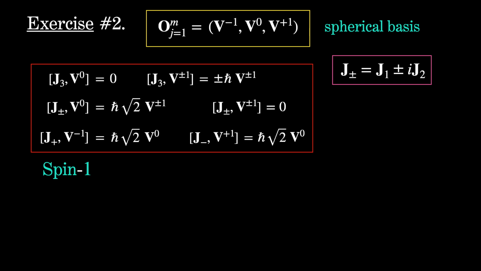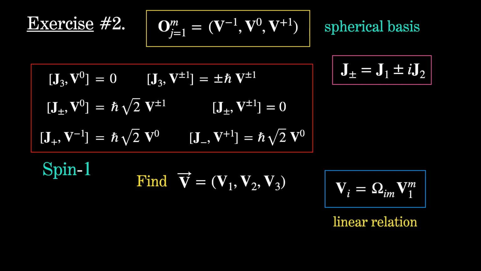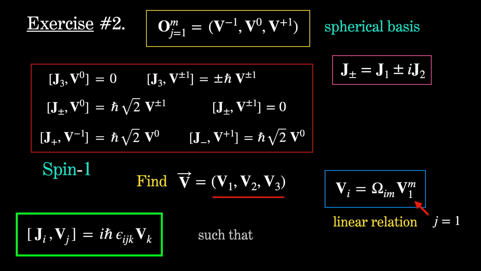Our task is to find the representation of this operator in a different basis, the Cartesian basis. The components in this basis are related to those in the spherical basis by a linear relation, where the omegas are numerical constants. These components should satisfy the commutation relation in the green box, which governs how Cartesian vector operators transform under rotations. Use the commutators of the spherical components to demonstrate this, and find the exact relation between the